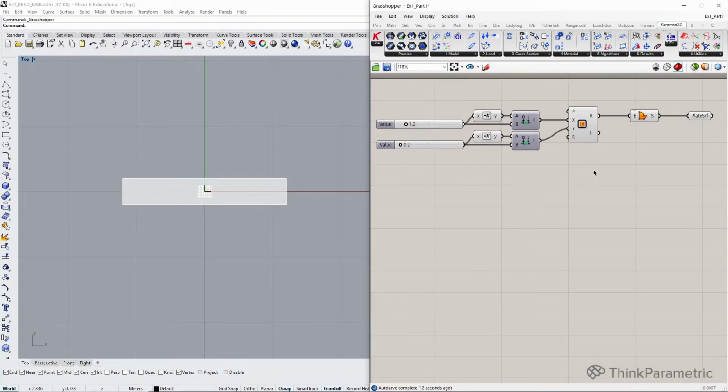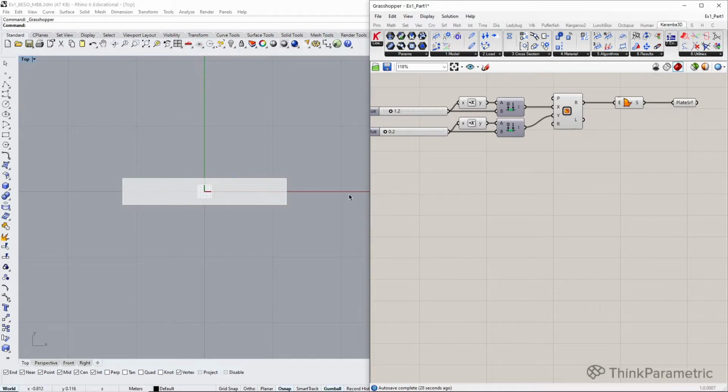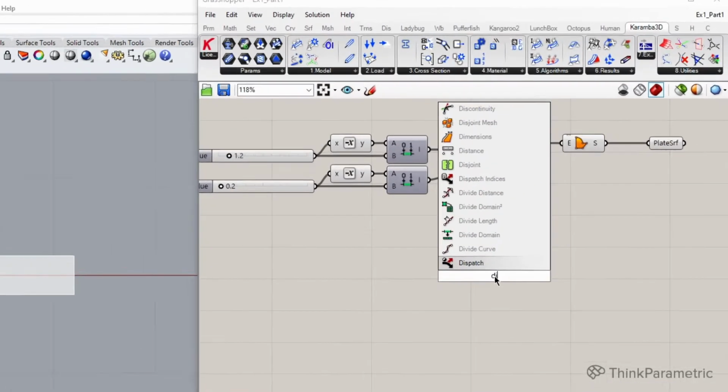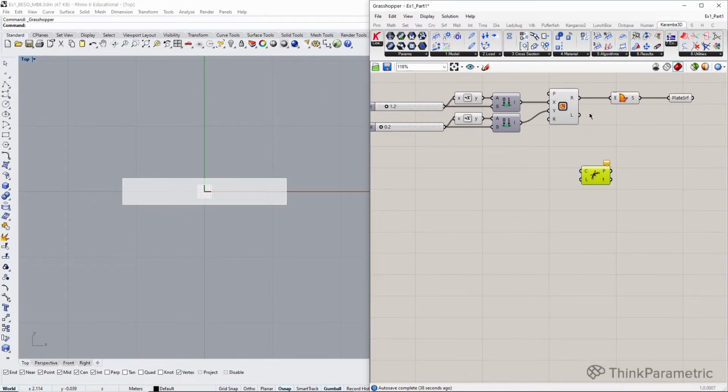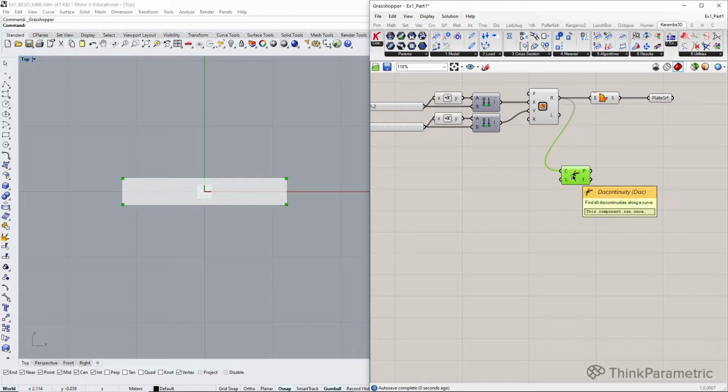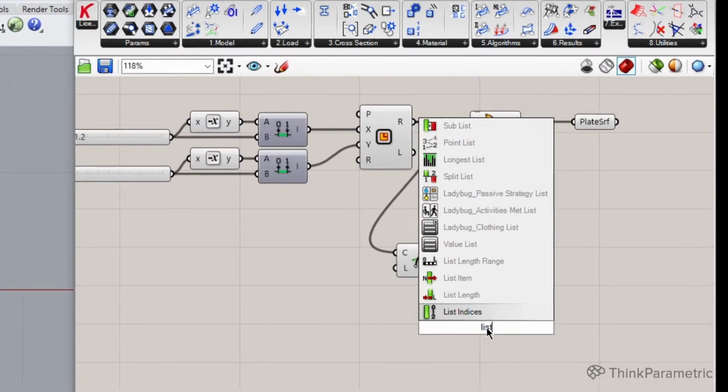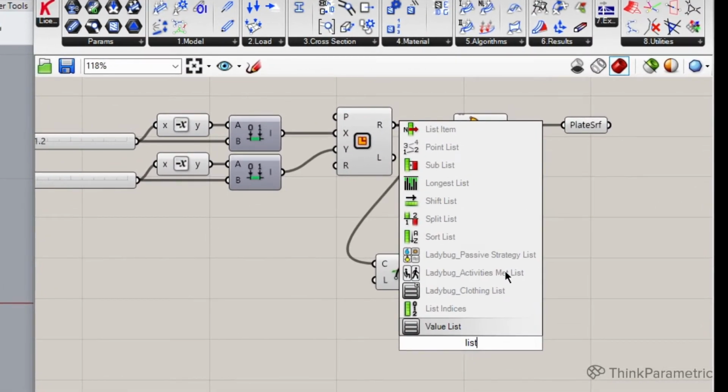And now, before we convert it into a real mesh and plate for Karamba analysis, I would like to find the points that will be our initial points for supports and the point where we apply the load. And we need to extract firstly these corners of our rectangle. We can do it in many ways, but one of probably the easiest is using discontinuity. So it basically extracts corners from our rectangle, and as you see we have our 4 corners. And now we need to find specific points in this point list using list item.